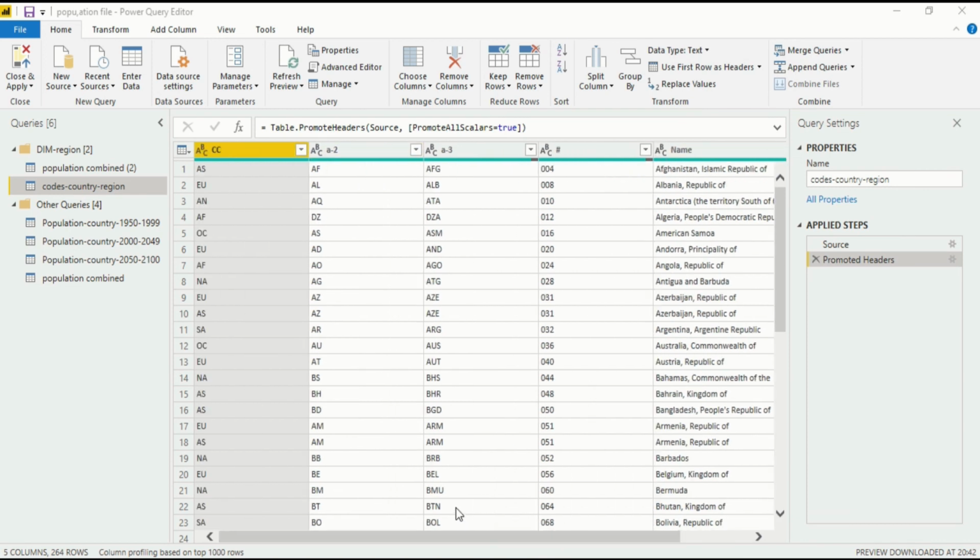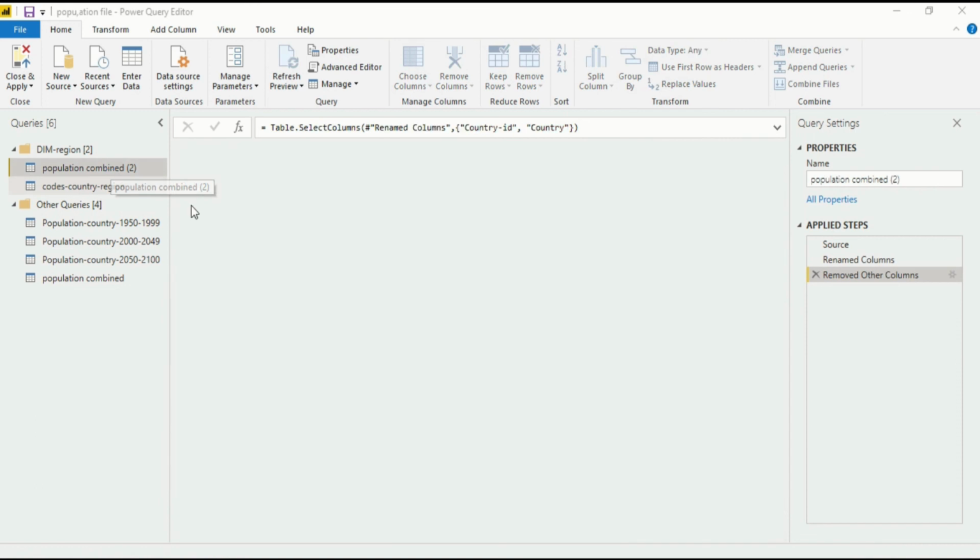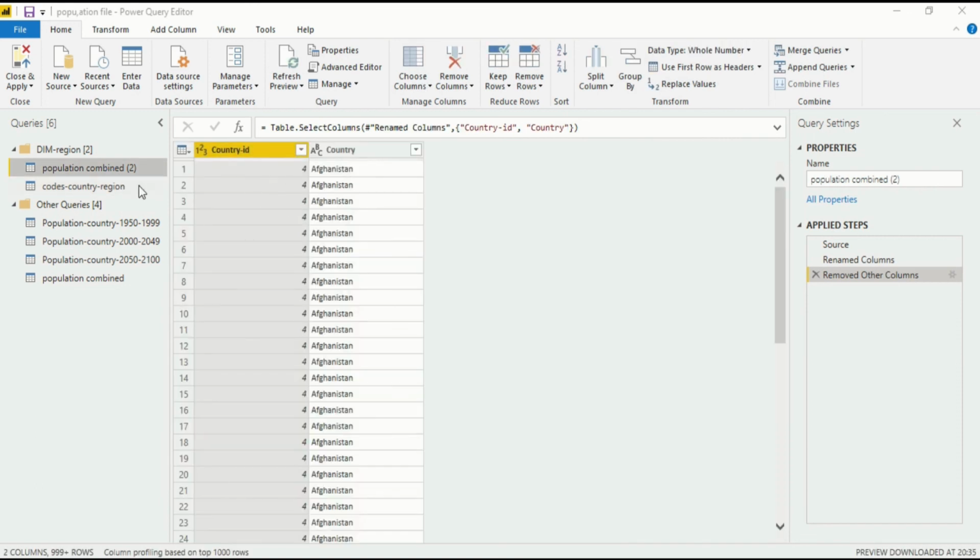So now we have to make changes to our data. This name would be changed into country code. Just double click on it, type country code, then press enter. You could see this hash, but this hash is also a country ID, as in the population combined table.